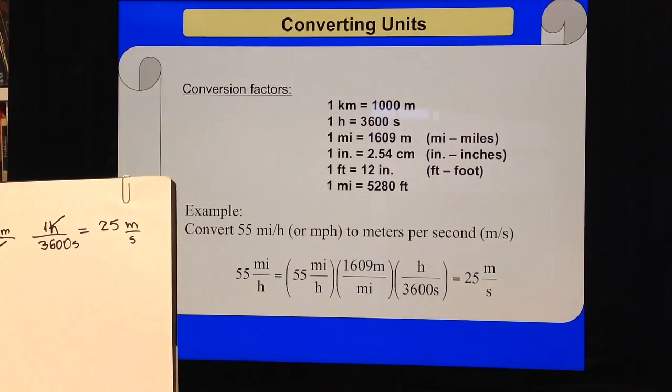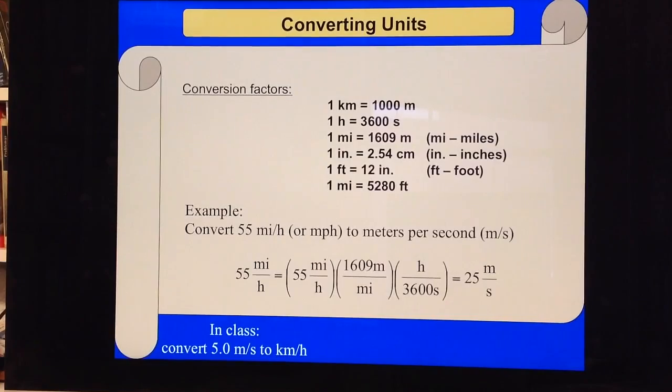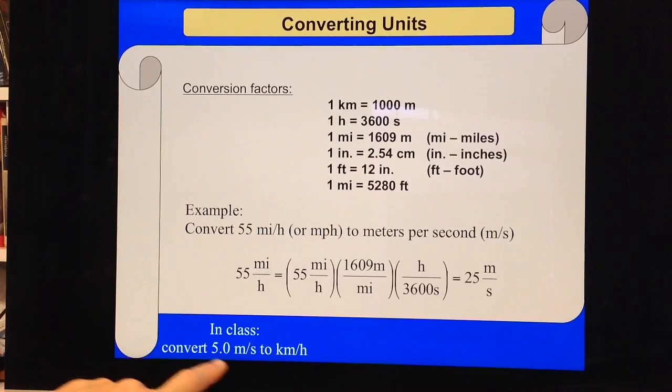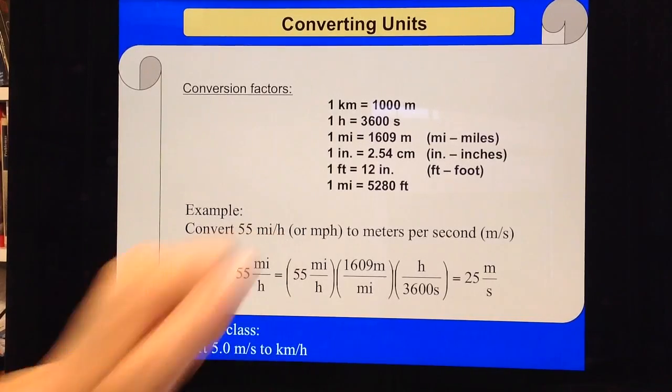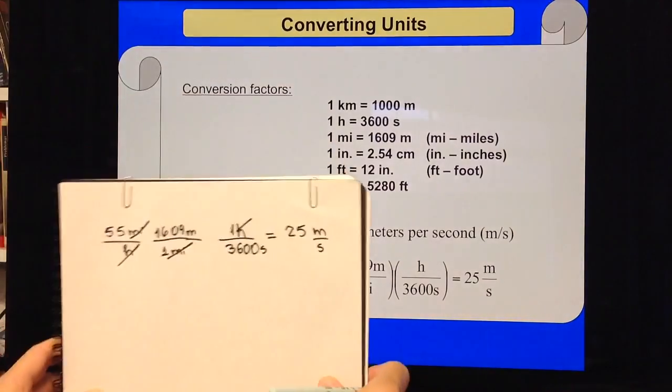All right, now let's try to do another exercise. The exercise now is to do the opposite. We are now, well, not really the opposite. We want to convert 5 meters per second, okay? So 5 meters per second to kilometers per hour. So how are we going to do that? So let's go back to